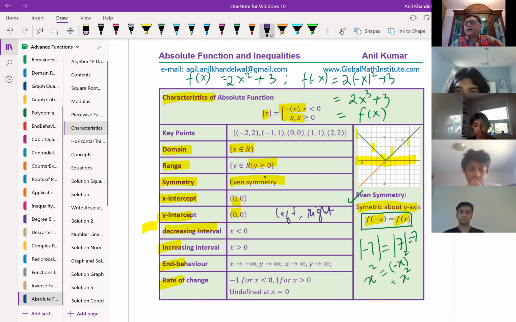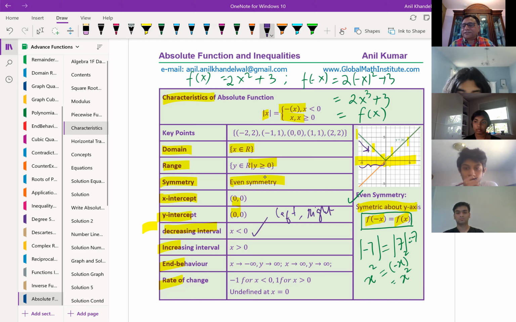When you read a number line, you read numbers from left to right, right? Right side numbers are greater. So now we have to see what is happening to this graph. You see this portion? It is decreasing, right? Coming down, correct? And therefore, the decreasing interval for this function is when x value is less than 0 on the left side